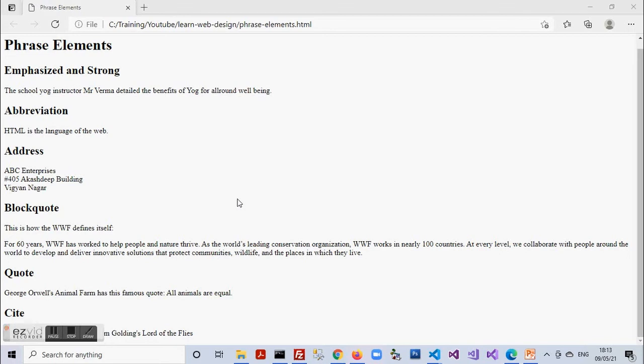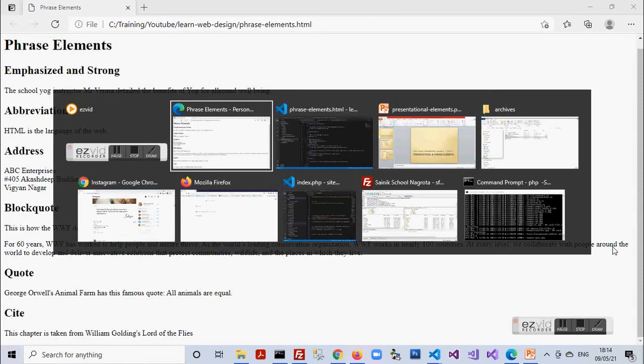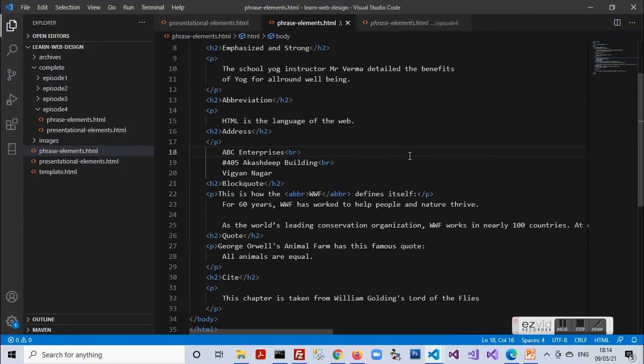When we move on to style sheets, we'll see that different contents of the document can be given different styles. So now we need to move on to Visual Studio Code to see how actually we'll apply these tags and put them into action.